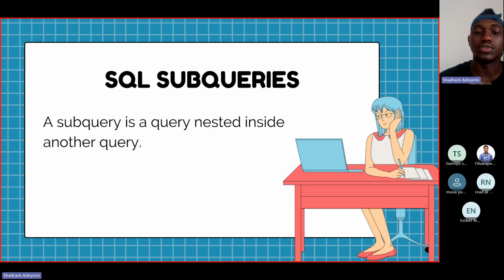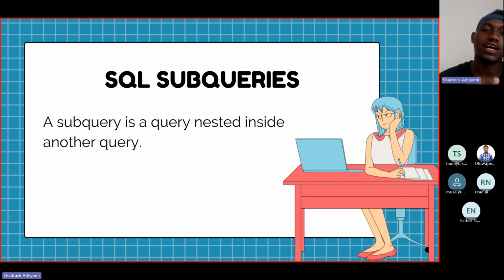We will also be working with subqueries today. Subqueries, simply put, are a query inside a query. A very simple example of a query is when you try to get very specific information from your table. Say you have a customer table and you want to know the names of your customers, or some selected columns in that table. That is a simple query where you write select first name, last name from this table.